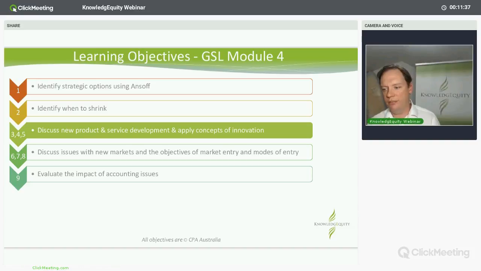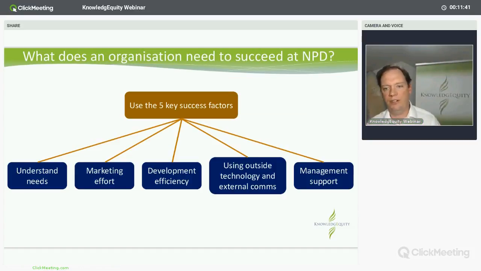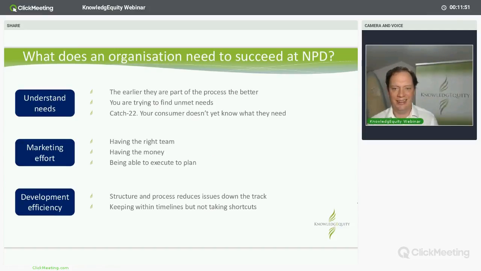All right, now remember, very quickly going back over it, product development, 5 key success factors. When we discussed them, we thought about Go Gear. We also thought about that disgusting drink, was it Barista Brothers? In terms of understanding needs, your customers are part of the process. The better you understand their needs, the better. If you can find unmet needs that the customer may have an inkling about, but is not right in front of their eyes, even better.